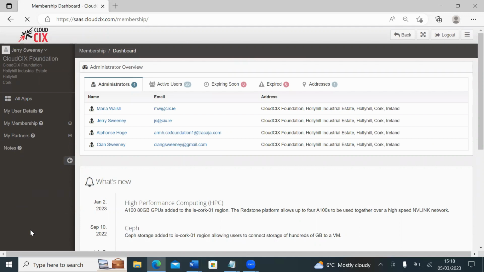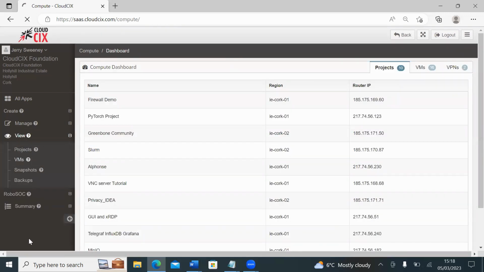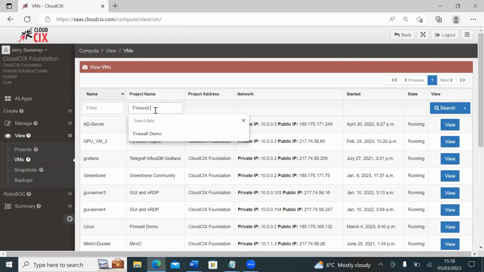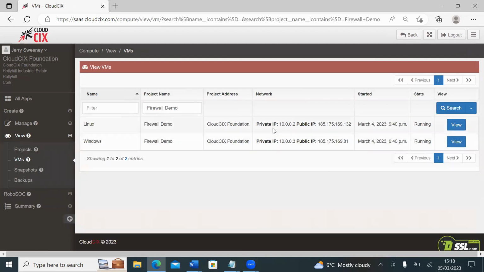Let's take a closer look at the private and public IP addresses of the Linux and Windows virtual machines. The private IP address of the Linux VM is 10.0.0.2, while its public IP address is 185.175.169.132. Similarly, the private IP address of the Windows VM is 10.0.0.3 and its public IP address is 185.175.169.81. To allow access to your CloudCIX project from your laptop, you will need to create allow rules that include